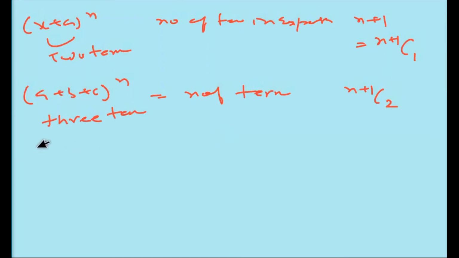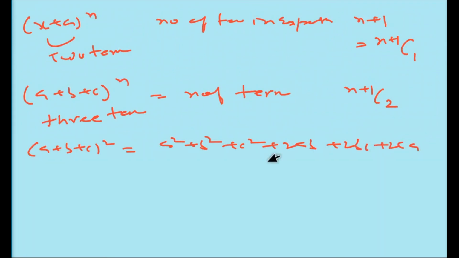So for example, let us start here with (a plus b plus c) square. So we know it is a square plus b square plus c square plus 2ab plus 2bc plus 2ca. How many terms? 1, 2, 3, 4, 5, 6 terms. 6 terms. If you use this formula, we can get here 3C2, factorial 3 into 2 upon 2 into